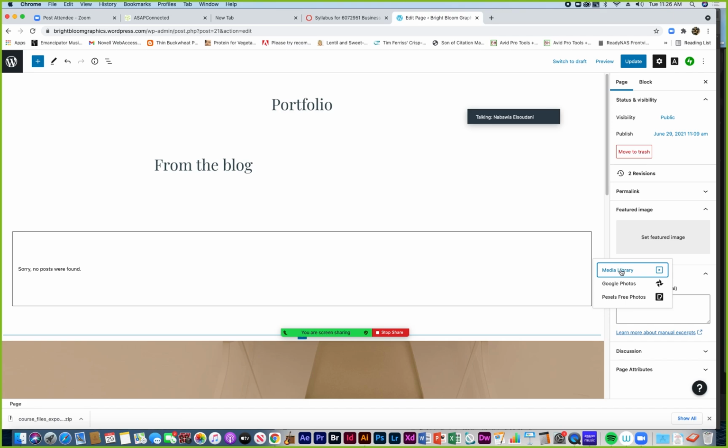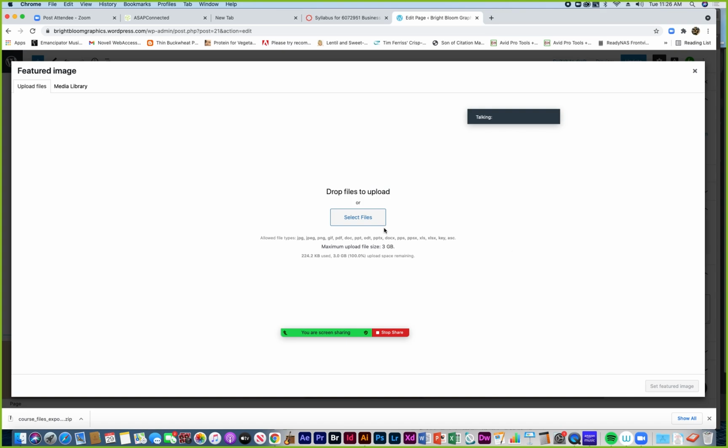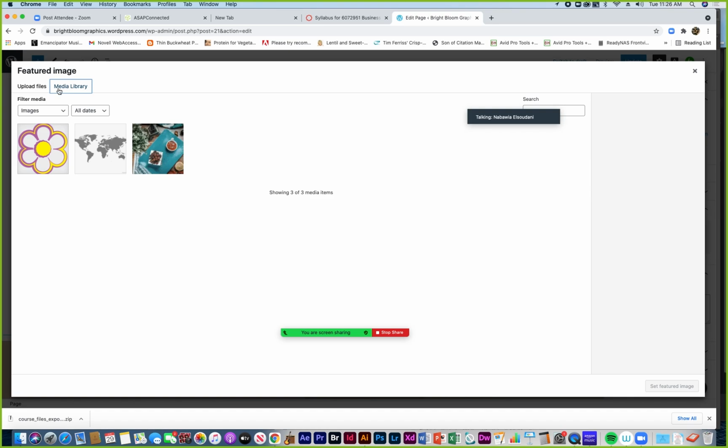So it automatically goes into my media library that is stored on the WordPress.com server. So I could visit my media library, and it's giving me the upload files tab to choose files off of my computer, off of my hard drive. But if I switch to media library here, then you'll see images that I've already uploaded. They went to my media library that exists as part of the WordPress server, but it's associated with my account and with this website. So I have easy access to choose these images. They usually give you some